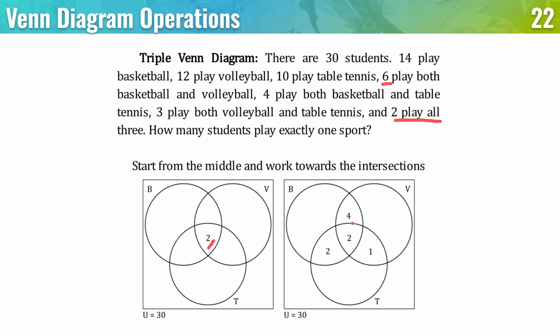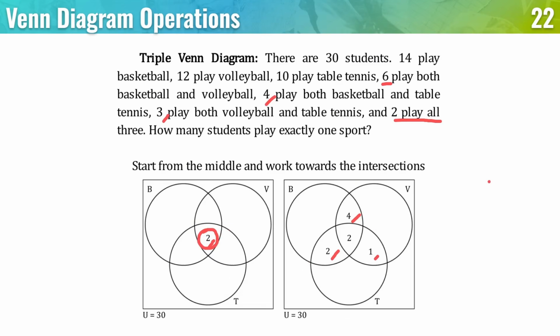So 6 minus 2 is going to be 4. 4 play both basketball and table tennis. So 4 minus 2 is going to be 2. And 3 play both volleyball and table tennis. 3 minus 2 is equal to 1. Again, the reason why we subtract is because those are already included here and we don't want to count them